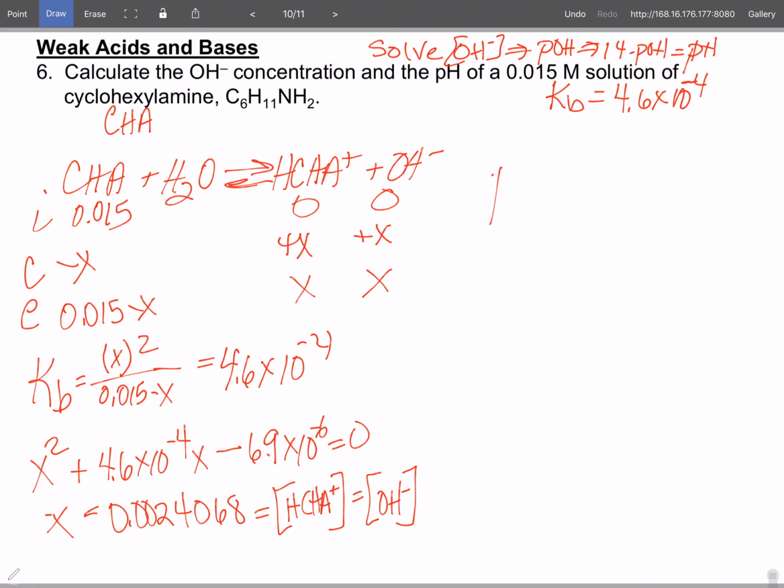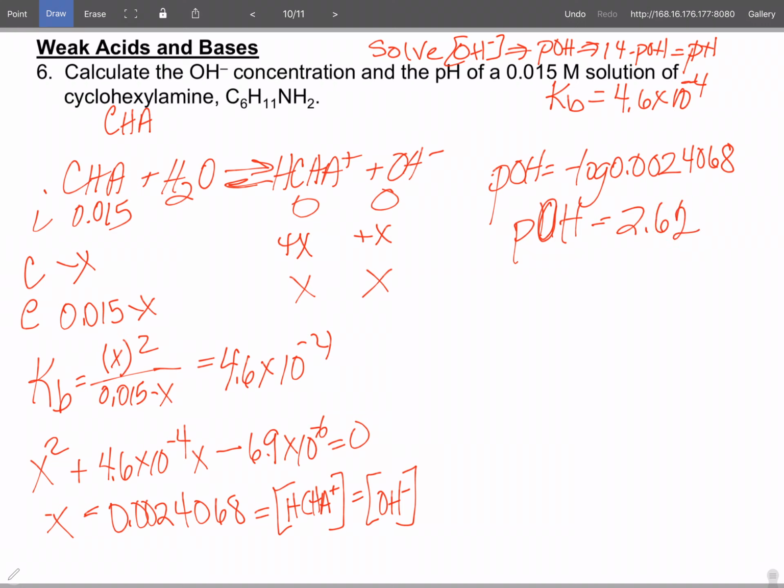So we'll take the pOH, which is the negative log of the OH minus concentration, 0.0024068. And so my pOH comes out equal to 2.62. Subtract it from 14, so you get your pH is 11.38. All right, just out of sheer meanness, I didn't do this, but if we were asked for percent ionization,